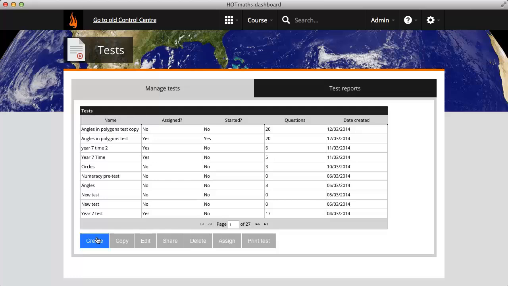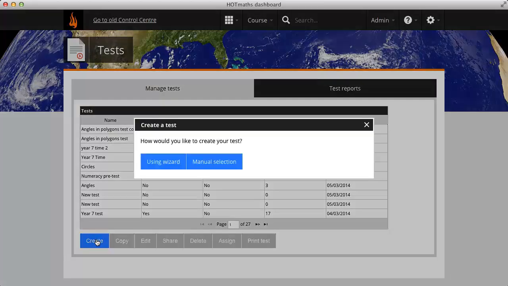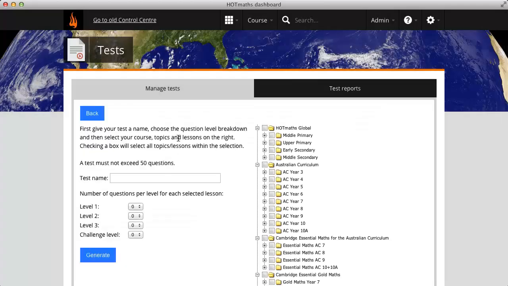So we'll start off by creating a new test. Just going to click on the Create button down the bottom. And you can either do it using a wizard or by manual selection. I'd always recommend using the wizard because it's a really powerful tool. And if you want to tinker around with the test and change things and fine-tune it later on, you can always do that. So I'll start by using the wizard, and then I'm just going to follow these instructions at the top. So test name, we're going to make this a geometry review,